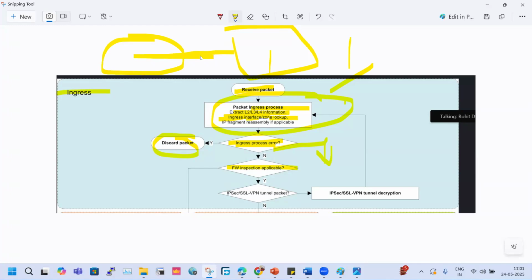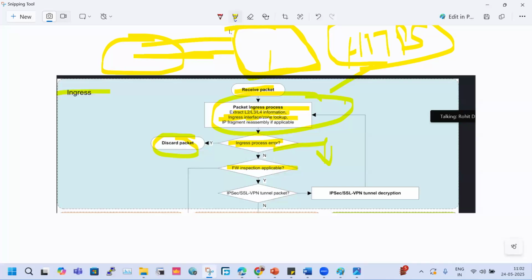In most cases nowadays, we have traffic running over HTTPS, right? So what happens in HTTPS? In HTTPS, SSL tunnels are created from the client to the server, and that is encrypted by SSL. Whenever the traffic comes in plain text, it will not perform any decryption. For this SSL, do we need to create a separate policy, or is it there by default in the firewall? No, we will have to create a policy.